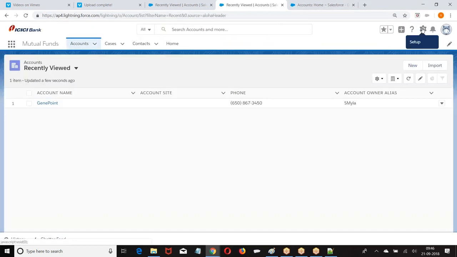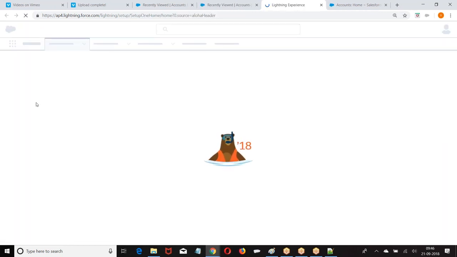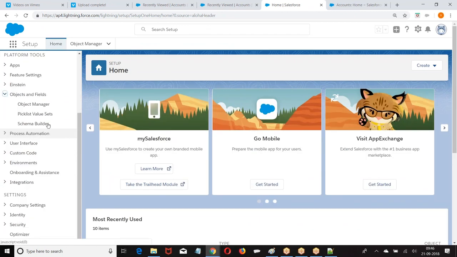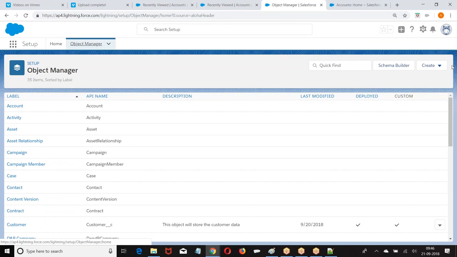So what is the navigation process we had? Setup, platform tools, objects and fields, object manager, create, custom object.